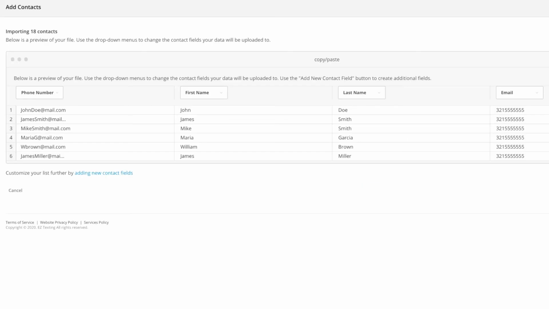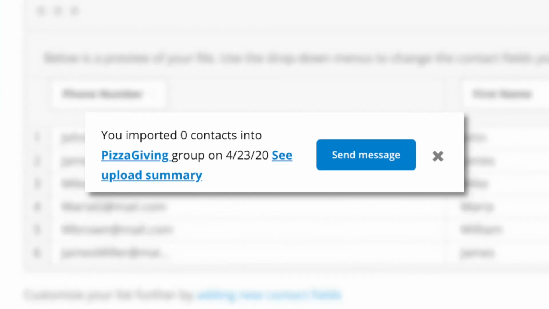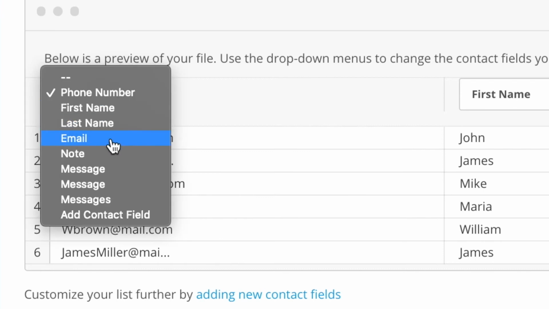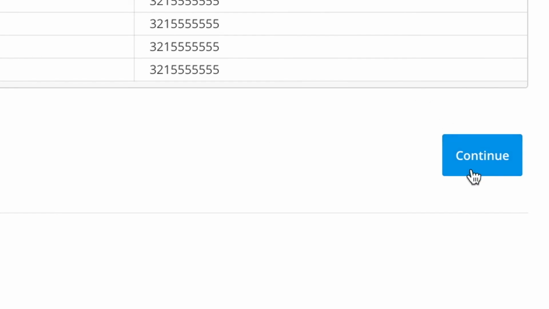It is important that you review your spreadsheet before moving forward. If the phone number column has something else other than your contact's number listed, say an email for example, the system will then send you an error while importing your contacts. To avoid this, you can easily toggle the column header to reflect the appropriate title field. If everything looks good, click on Continue.